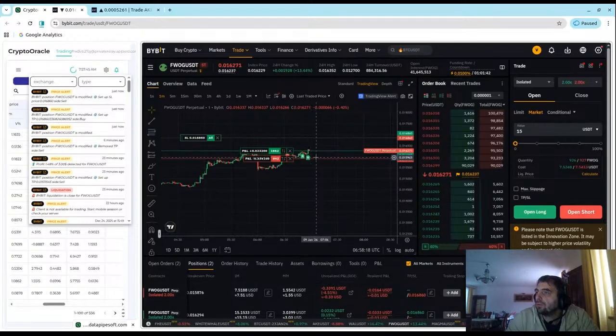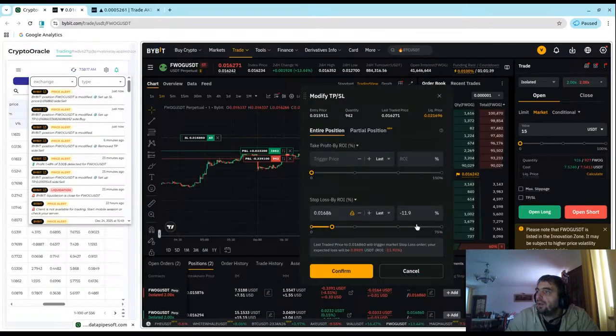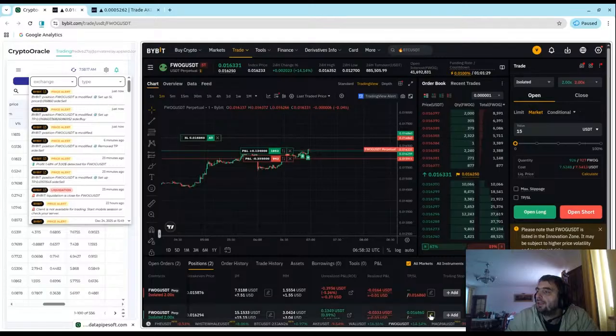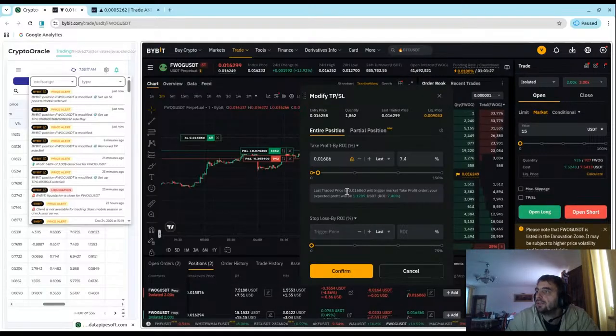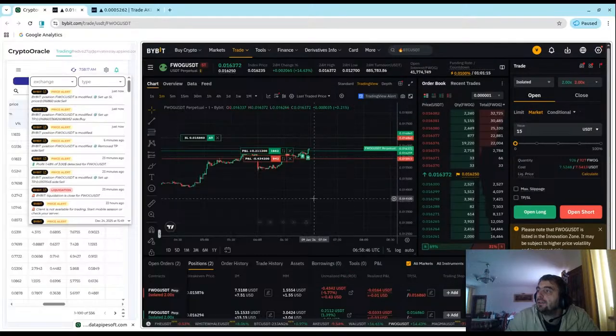For the short, it's adding a stop loss, right? So we potentially lose 89, and for the green one it is setting up a take profit, right? And that means we gain 112 and lose 89.